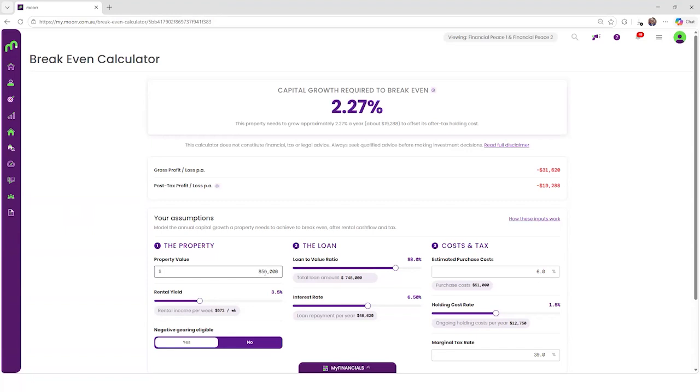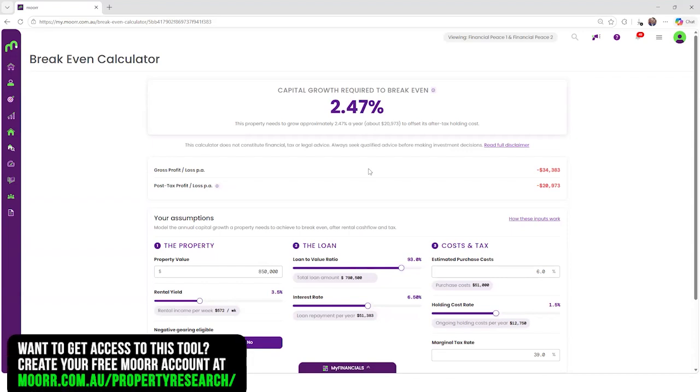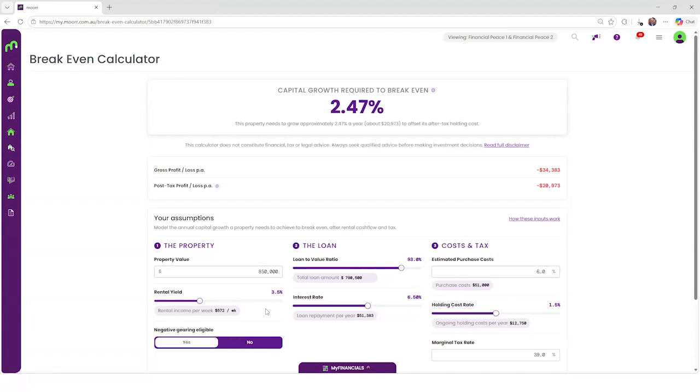So here we've got an $850,000 property. I can play around with the loan size, and depending on that loan size will depend on the typical return that I need to get to break even. Now, long-term returns in this country have been between 6 and 7%. And we would expect that there might be a slight softening of those returns through affordability and obviously through some of these tax settings. But you can see here, with me just playing, you can estimate your initial purchase costs,